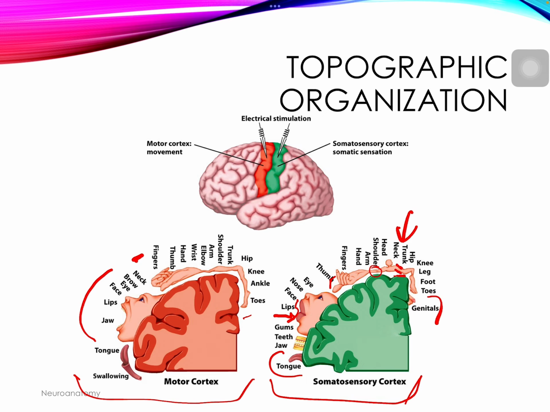And the same idea with the motor cortex and being able to think about your dexterity and how you're able to move. So if you think about your hands, being able to grip a pencil and write with your hands, the area of the motor cortex devoted to the hand is very large in comparison to, for example, the toes.